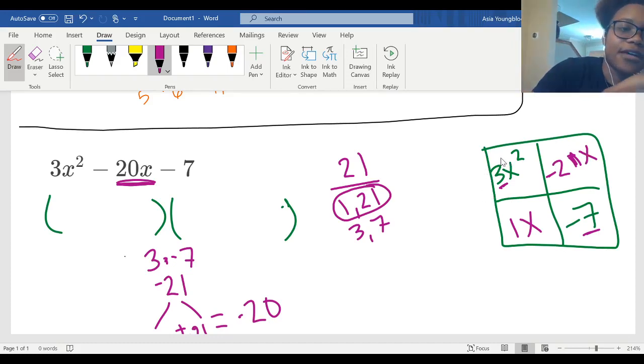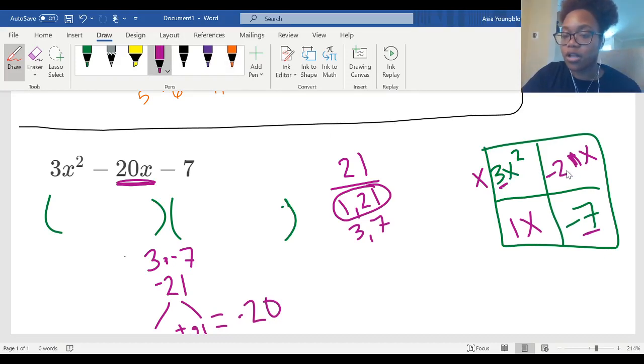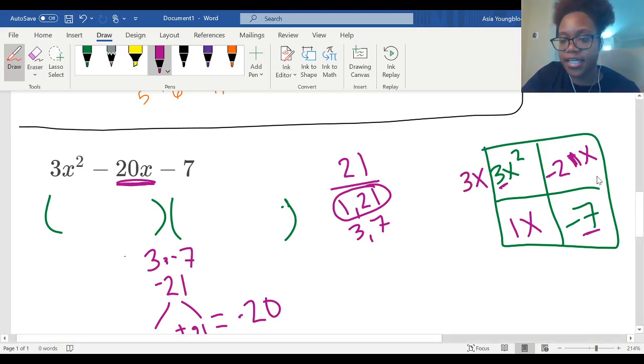We know that both terms have an x, so we can factor out the x. But now we have 2 numbers to work with, not just the 1. So between 3 and 21, the smallest number that can be factored out is 3. So this first box is going to be 3x. Again, that's because of this 3 and this negative 21. 3 is a factor, the greatest common factor of 3 and 21. So now we can figure out the rest of the spaces because we've already planted this first